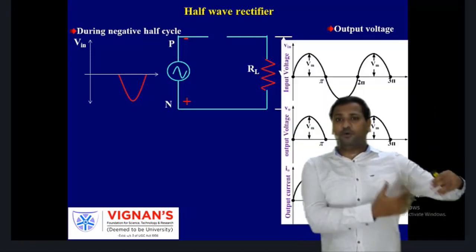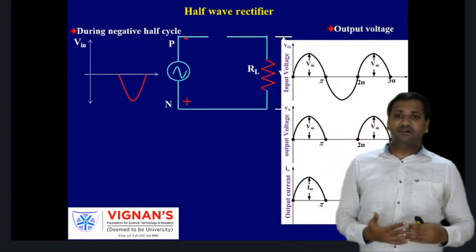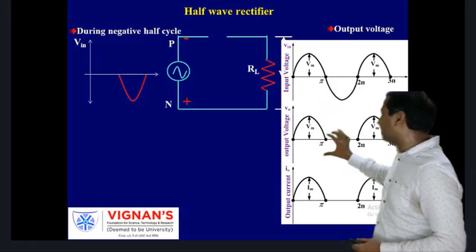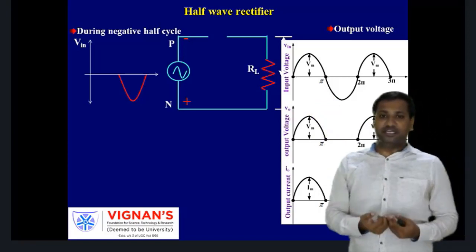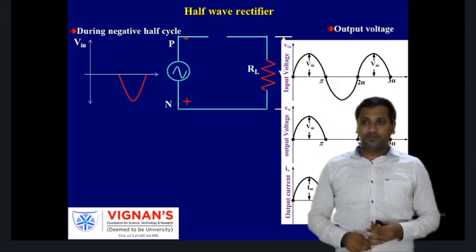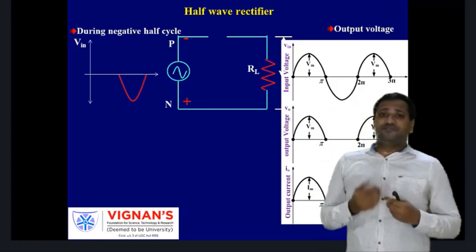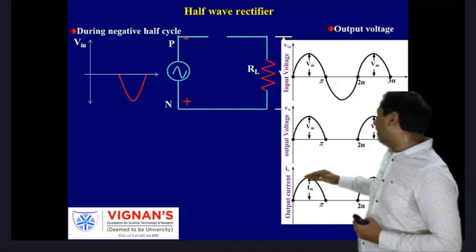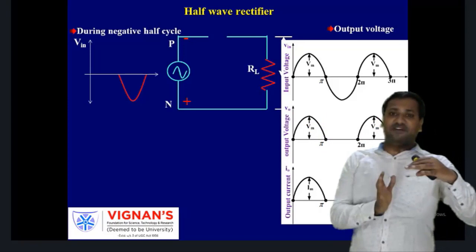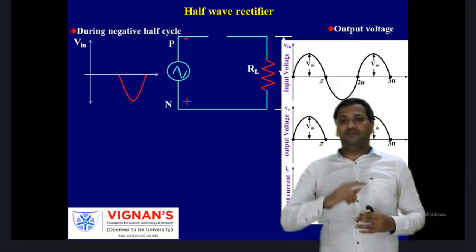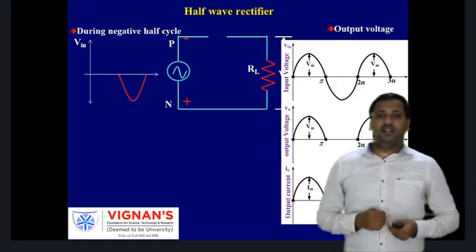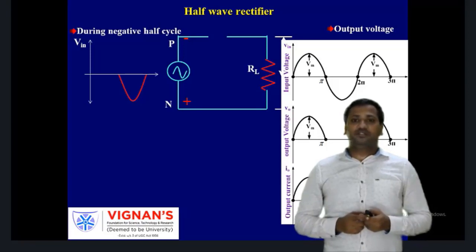Combining both the positive and negative cycles, the output voltage during the positive half cycle will be the same as the input voltage due to the resistive nature of the load, and during the negative half cycle there is no voltage; it will be zero. Similarly, the current has the same shape as the voltage available in the load. It will follow the same output voltage of the load, because the connected load is a resistive load.